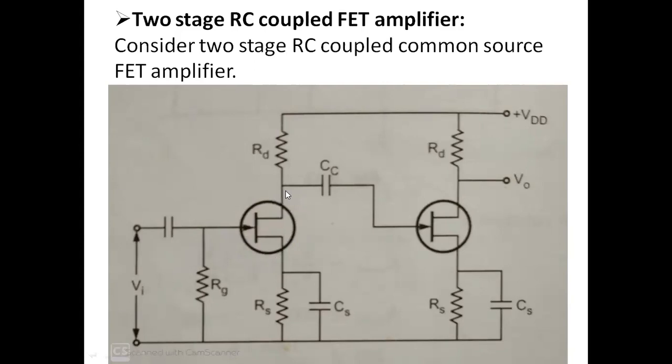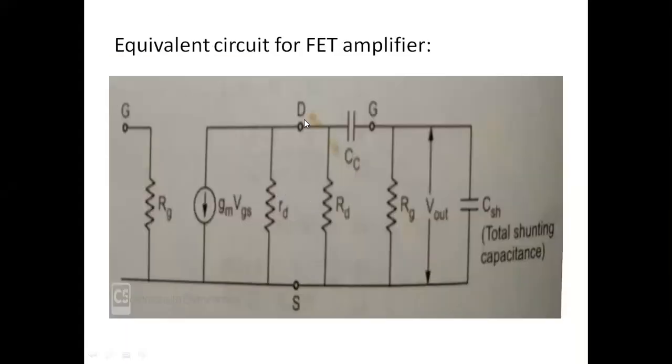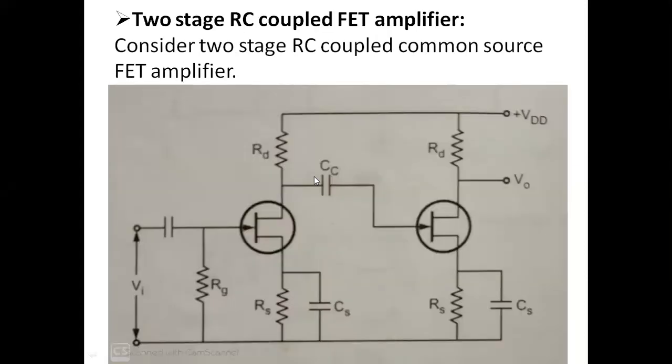At the output, that means at the drain terminal, we have a resistance, that is capital RD. One end of RD is connected to the drain, and the other end is connected to ground, because VDD becomes 0. Whenever we are drawing an equivalent circuit, the DC sources become 0, so this terminal becomes grounded. So RD has one end connected to the drain and the other end connected to ground, or simply to the source terminal.